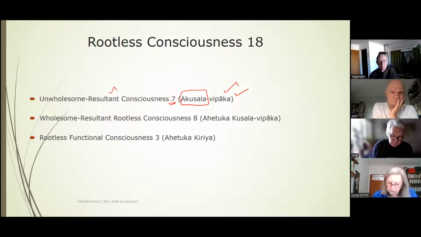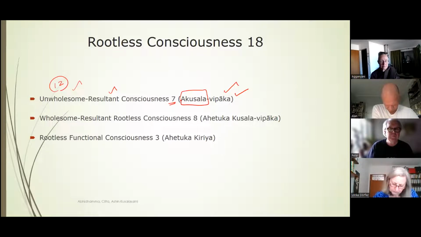So these 7 consciousness appear because of unwholesome deeds, the 12 unwholesome deeds we have already finished. So this is resultant consciousness because of the unwholesome consciousness. This is the first group, 7 kinds of cetas. And the second group is